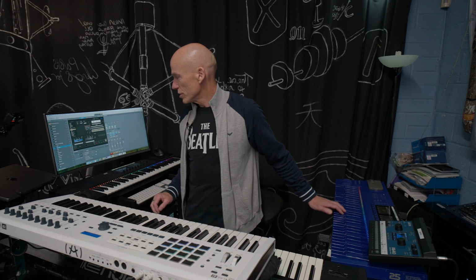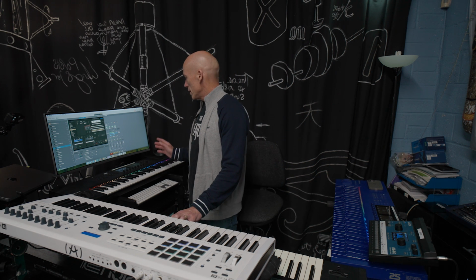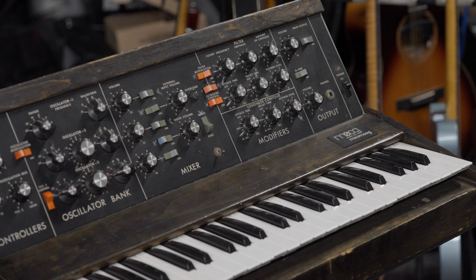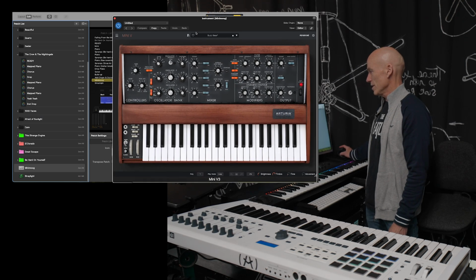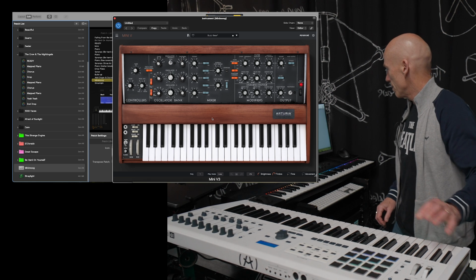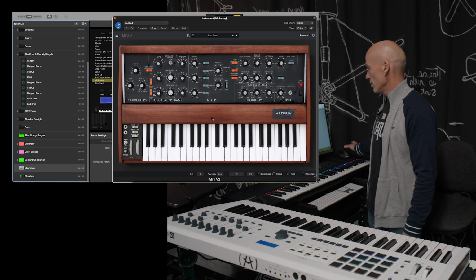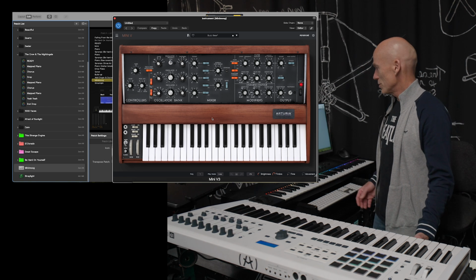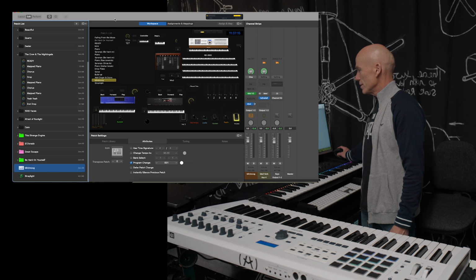These are all basically what you would call a MIDI controller. So if they're not connected to anything, they don't make any sound, as you can see. But the sounds will come from the computer, and it's what's known as virtual instruments. A good example would be the Minimoog, which is one of my old keyboards that I used to use way back. And then here is the virtual instrument version of it, which looks identical visually, and makes the same sort of sounds. So that's an example of how it's all gone from physical keyboards to complete digital computer-generated stuff, virtual instruments as they call them.